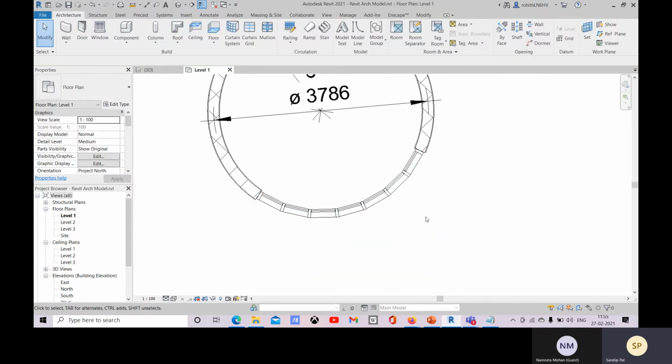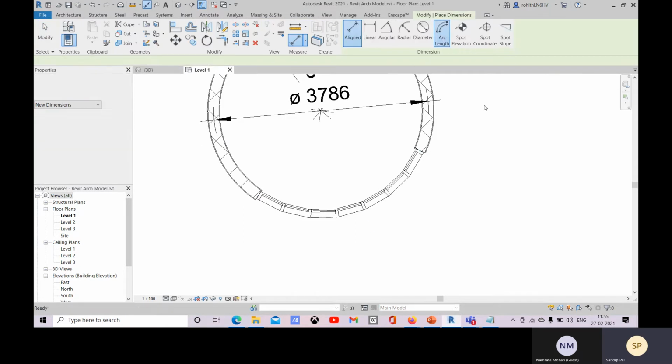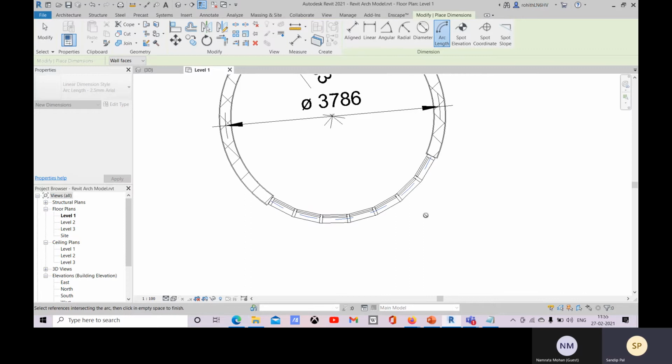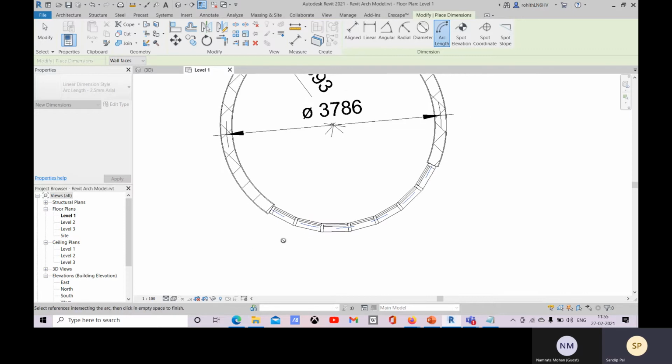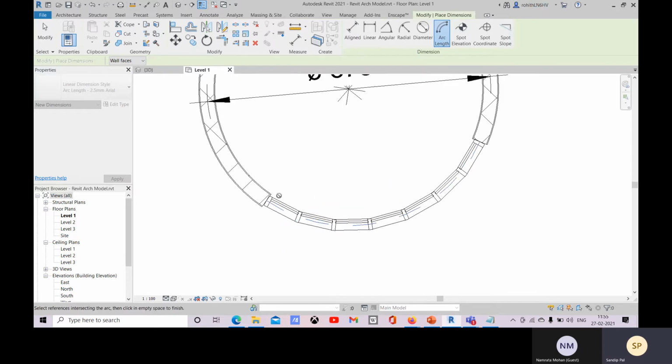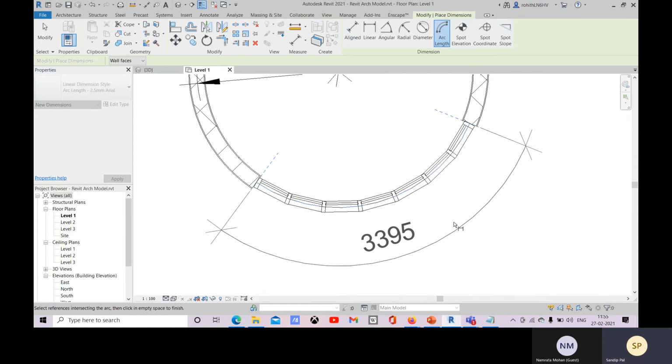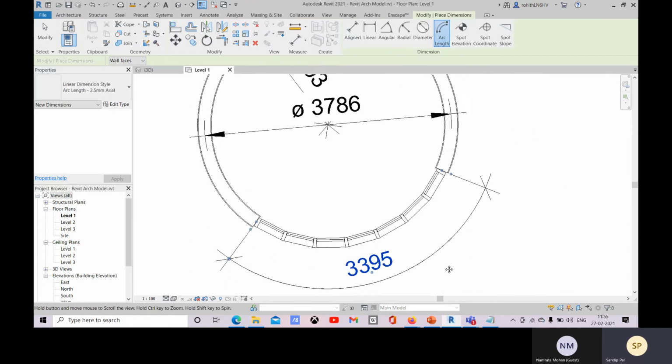Generally you may get confused that you go with this DI shortcut and you select arc length and you select that arc and it's not placing, it's showing you that cross mark, so you get confused. But if you remember the steps, then it's easy for you. Select that arc and then you have to specify this point or this point first, and then the next point, so this point to this point, and now you place and click. Now you got this arc length.